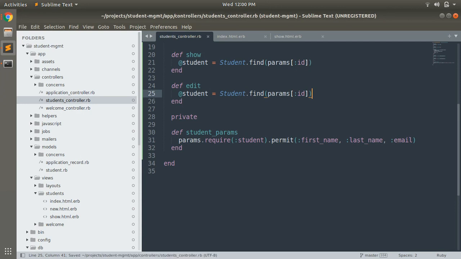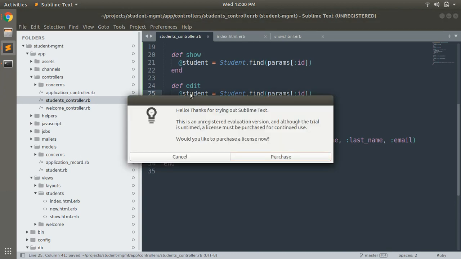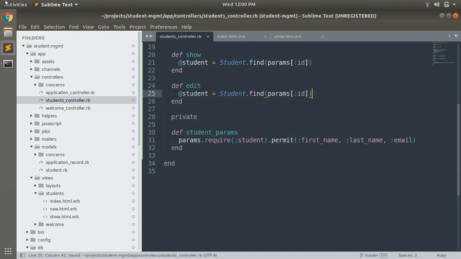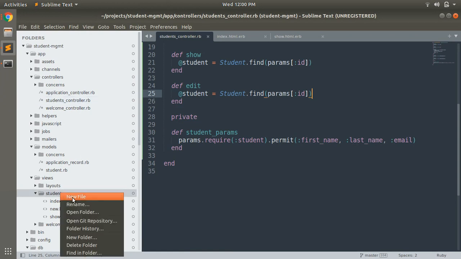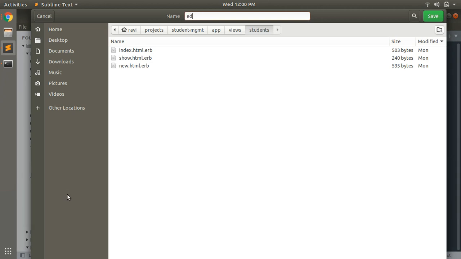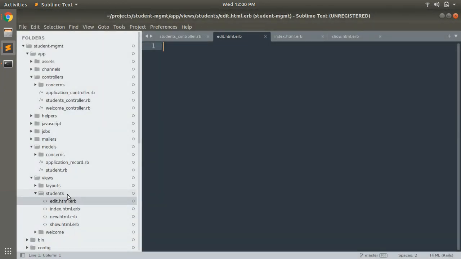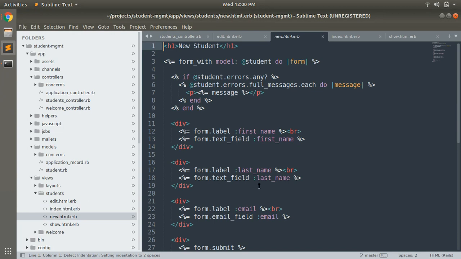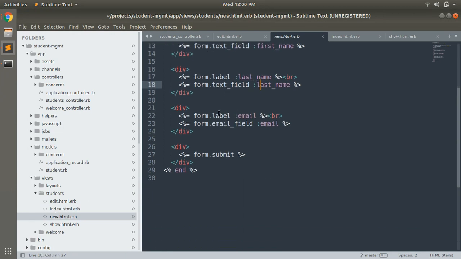Now open your app, views, students and create a new file in it, which should be edit.html.erb. Now it is open, and you need to open new.html.erb as well, and we need to use the same form for editing the student.